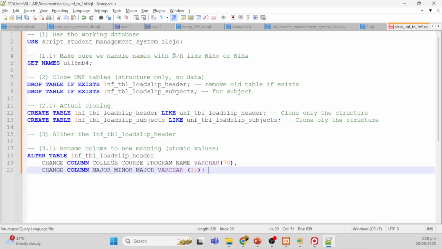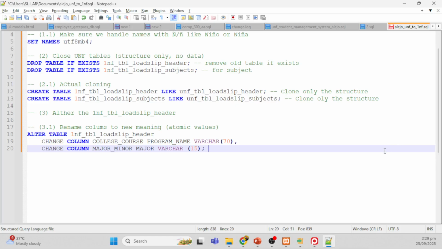Okay, so what we did here, we renamed college course into program name, and major minor into major to reflect atomic fields. Okay, so that's our 3.1. So the next thing that we are going to do, for the 3.2, is to,